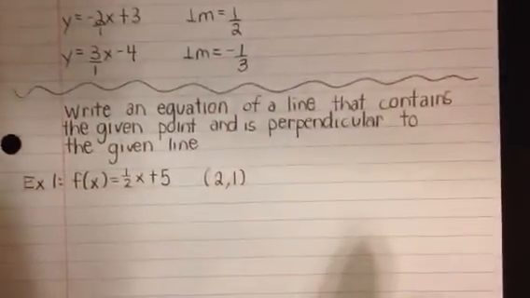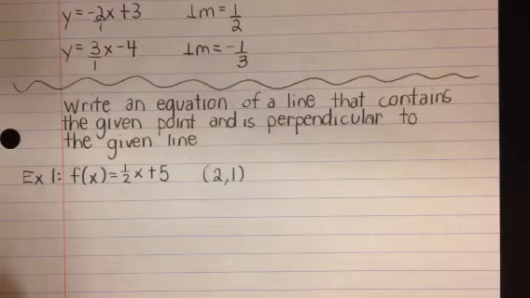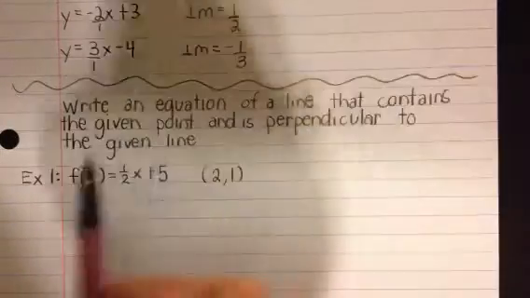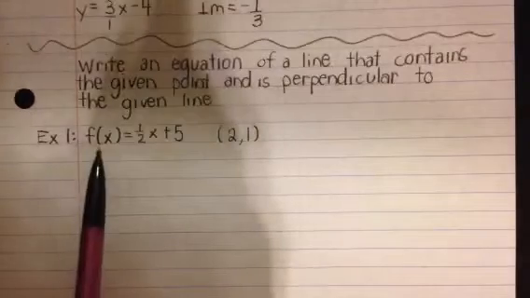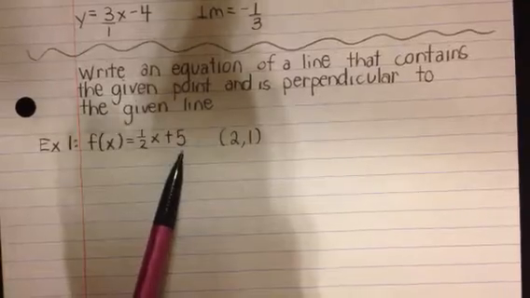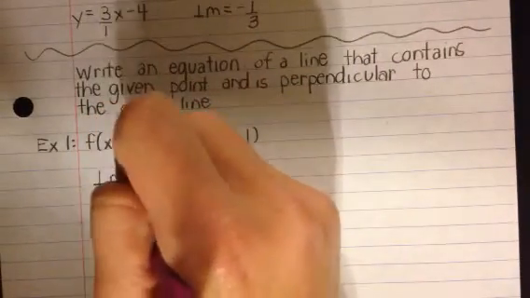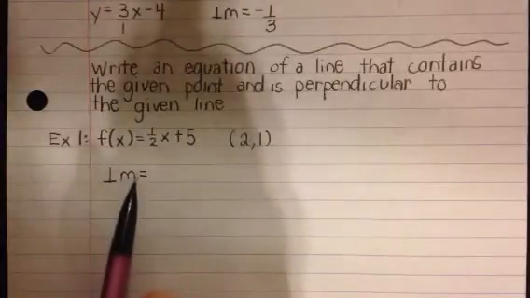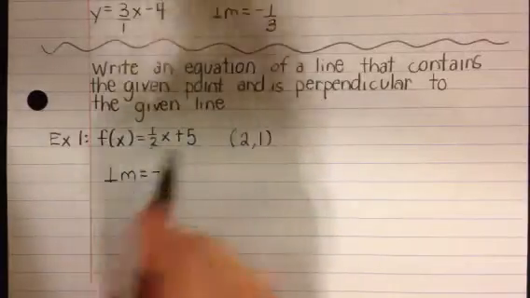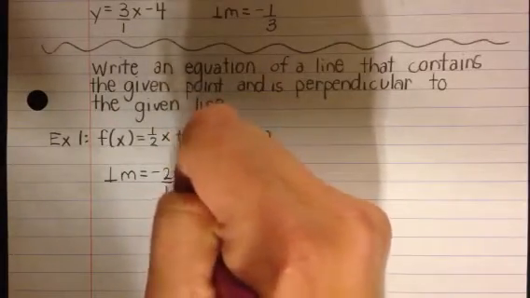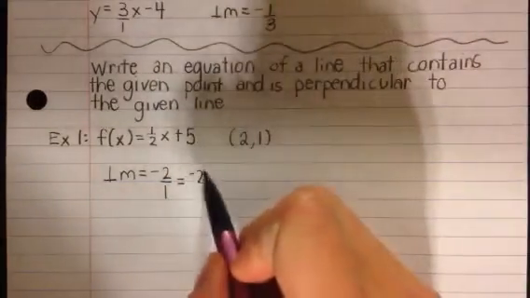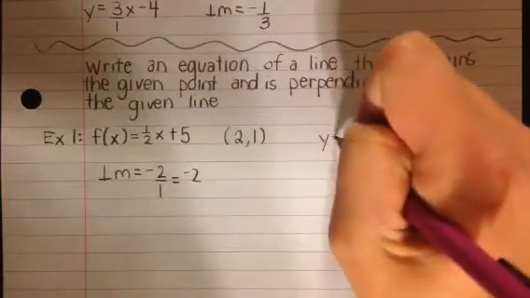Okay, so let's do the same as we did yesterday with parallel lines. Write an equation of a line that contains the given point, and this time is perpendicular to the given line. If the given line is f of x, or in other words y, equals 1/2 x plus 5, we know that a perpendicular line would have a slope that is flipped and switched. So switch the sign, so now it'll become negative, and flip it, so it'd become 2/1, or in other words, just -2. So this is our slope, this is our point, and we're going to, you guessed it, use point